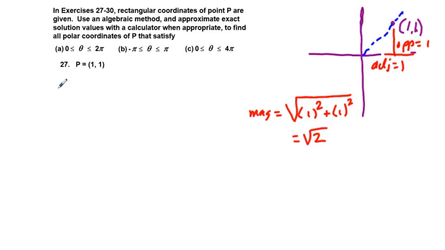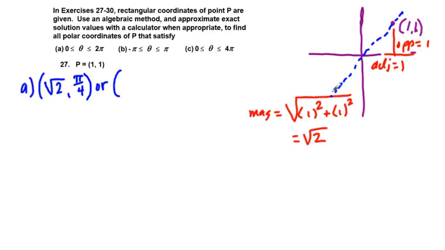So for that, this will be answering part A. Our polar coordinates are going to be square root of 2, which we established is the radius, and in radians we have pi over 4. Now, another thing we're going to have is, what if instead of a radius of square root of 2, we went the other direction, which I'm doing now,